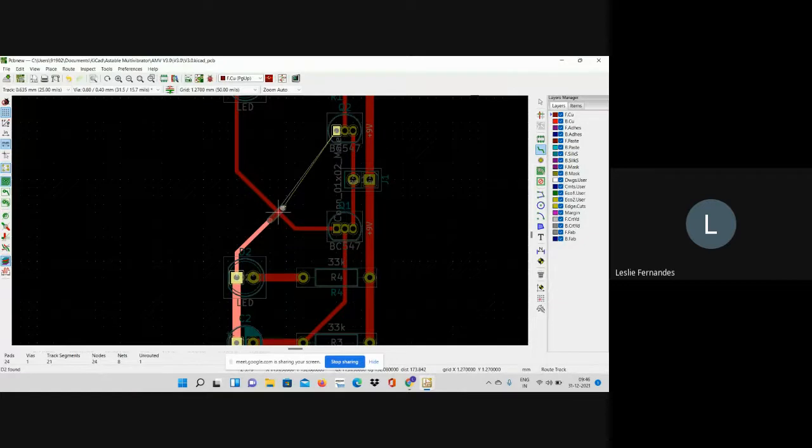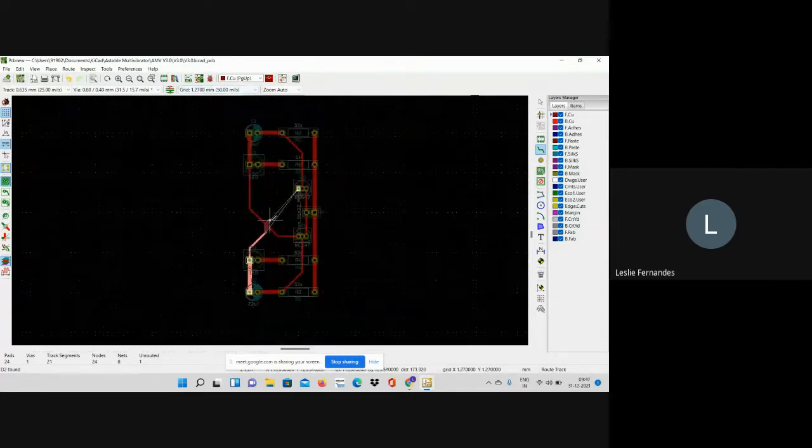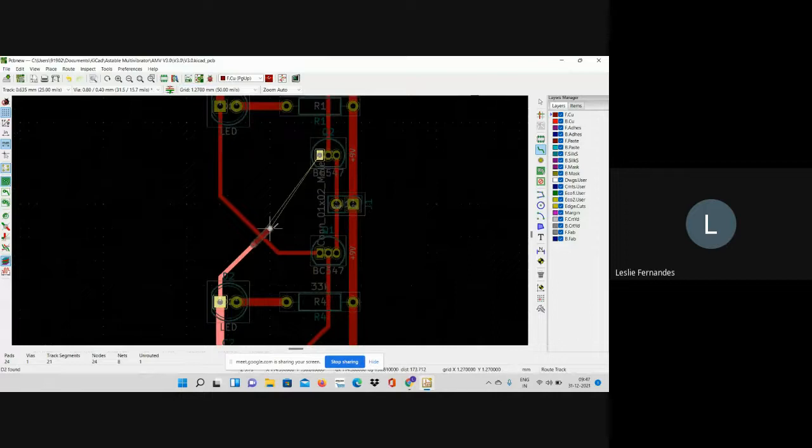Notice the color of the wire has changed. It has become brown, and the layer over here has changed to the top copper layer, or front copper layer. I can't move the mouse now. So I'm in the top copper layer. Here, basically, I'll be placing a jumper above this track. And here again, I'll press V and go to the bottom copper layer. I'll move forward. Wait, something went wrong. I'll press V again.